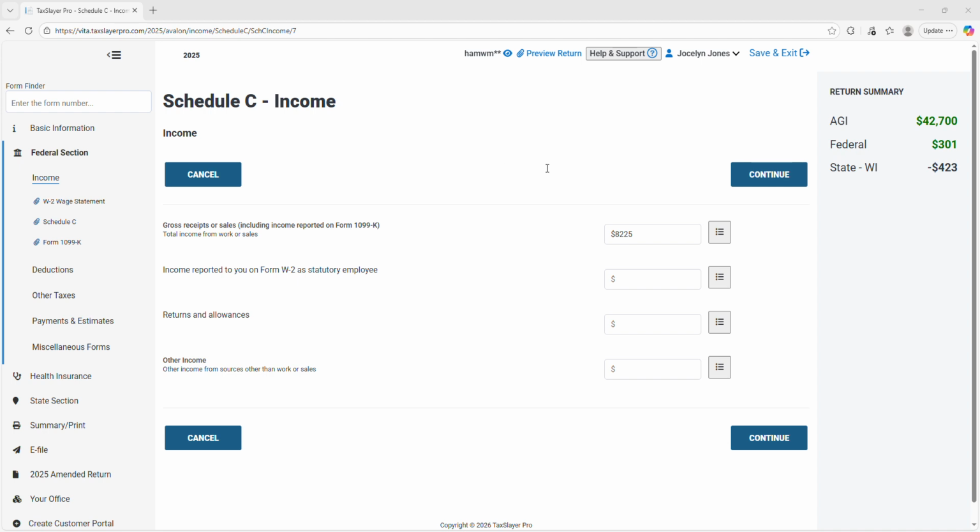She received additional cash payments of $750, none of which were tips. So we are going to enter that amount in other income. Okay, now